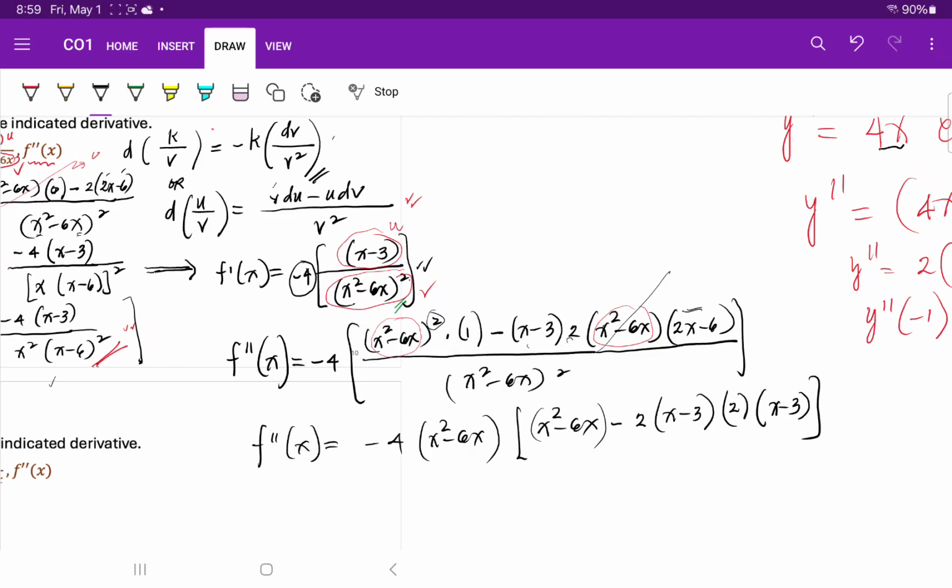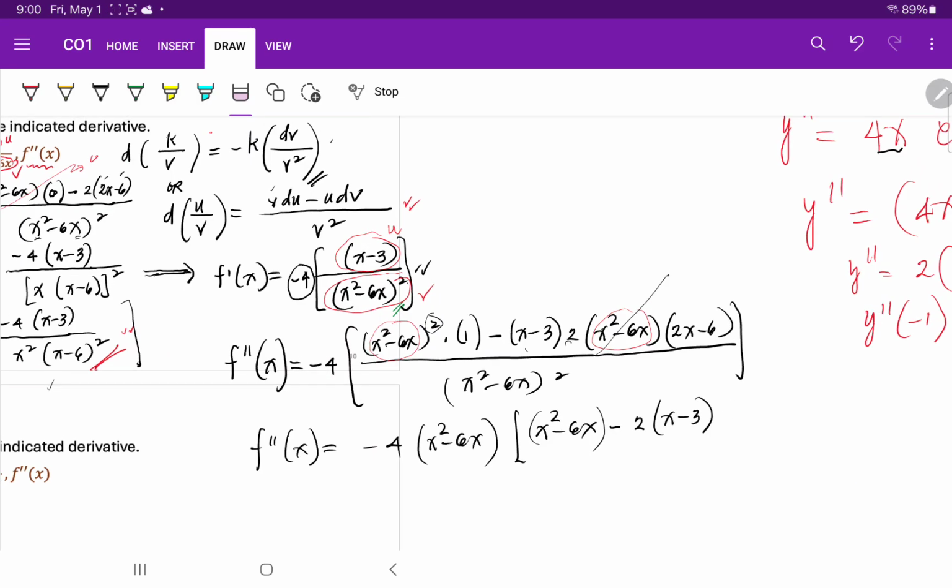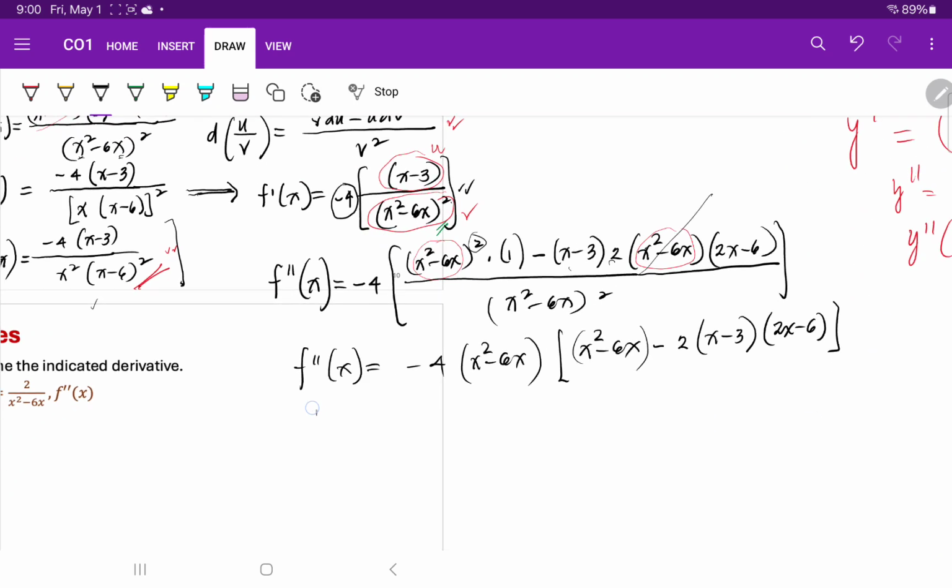But guys, look, instead of factoring, we need to simplify this one, so we have to combine similar terms. So, we don't factor out 2 anymore. Instead, we multiply. So, what's left here again is 2 times x minus 3 times 2x minus 6. Alright, so, f double prime of x, therefore, is negative 4 times x squared minus 6x times